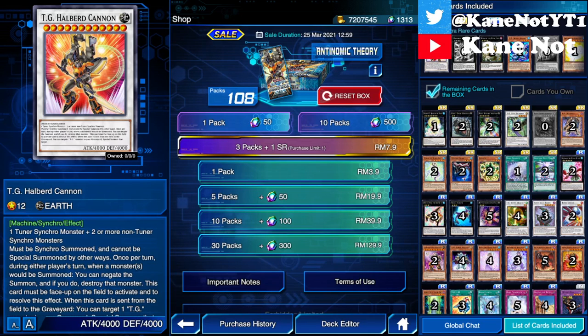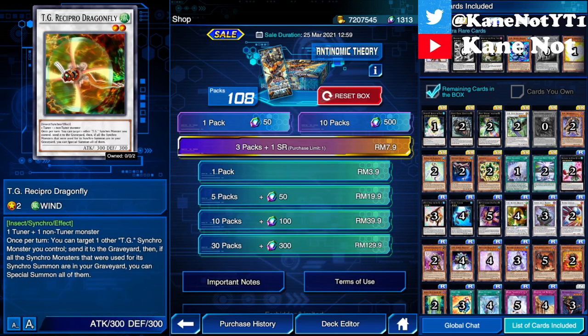Antinomy himself has a skill where if you synchro summon twice, you can bring out a Reciprocal Dragonfly, which is this guy right here. And you can target a Turbo TG monster you control, send it to the graveyard, then all synchro monsters we use for the synchro summon can be special summoned onto the field. So basically what you use to summon a level 10 synchro monster, you can use it to extend into a